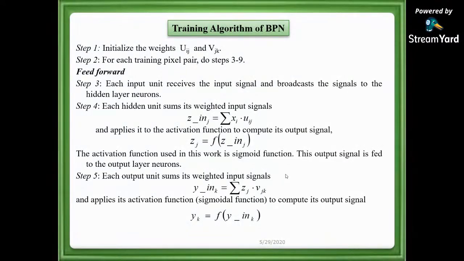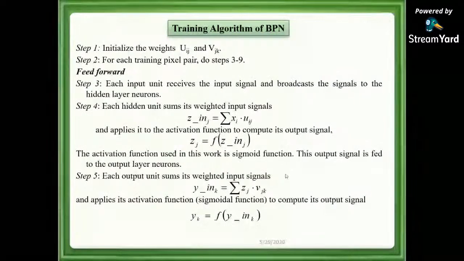Look at step number 4, right? Now I have got ZJ. Now if I want to find Z in J, what should I do? I know ZJ. If I know the function F, then I can very well find out Z in J. Once I find Z in J, I know already X, then what can I find out? U, which is what I would do with heavy iterations in my conventional method. So only 3 steps. From the error, you find ZJ. From ZJ, you find Z in J. From Z in J, you find U.